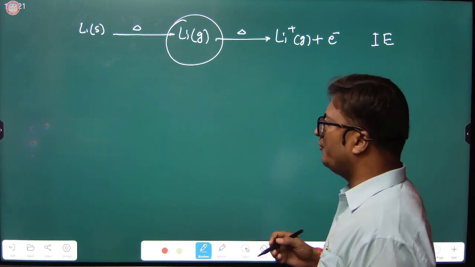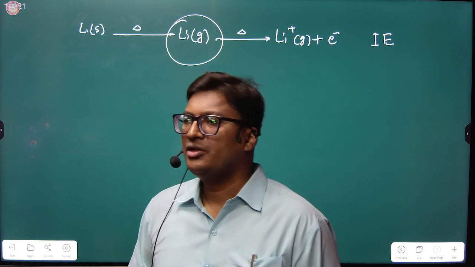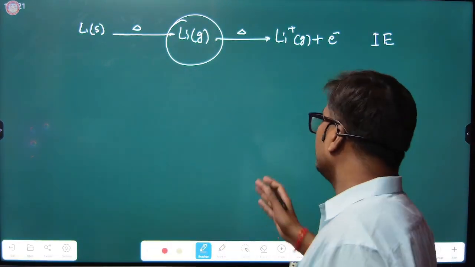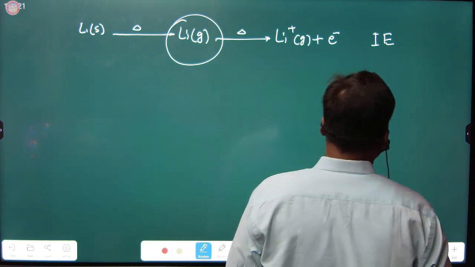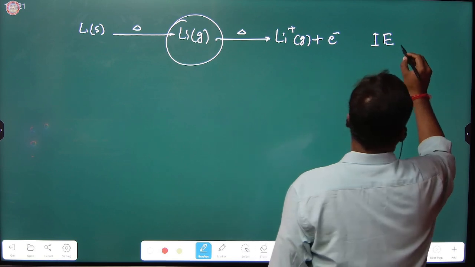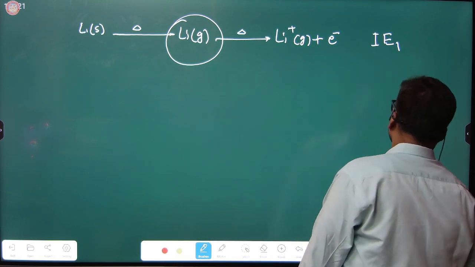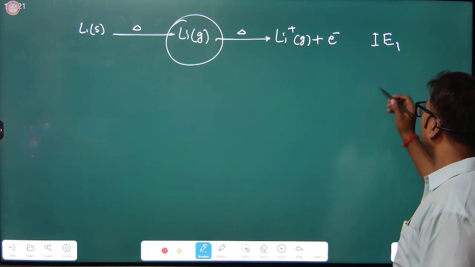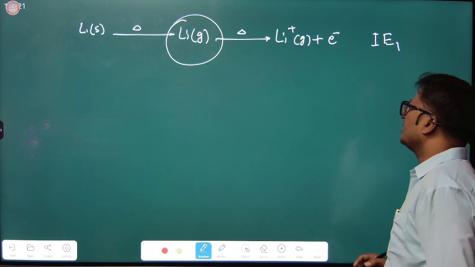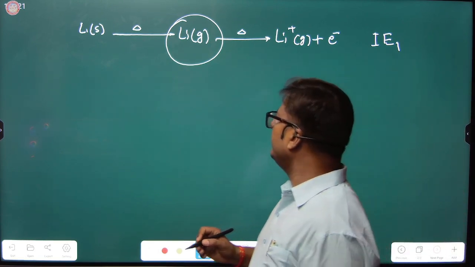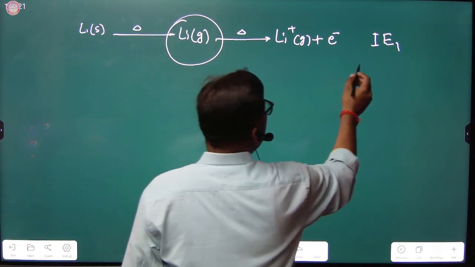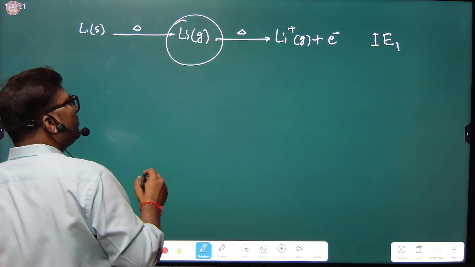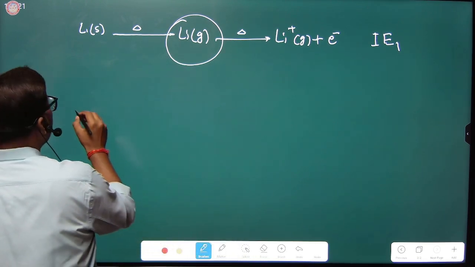So if one valence electron is removed from the outermost valence shell, then it is called first ionization energy, and the first ionization energy is indicated by IE1, right? So for lithium, this is the first ionization energy. Similarly, we can